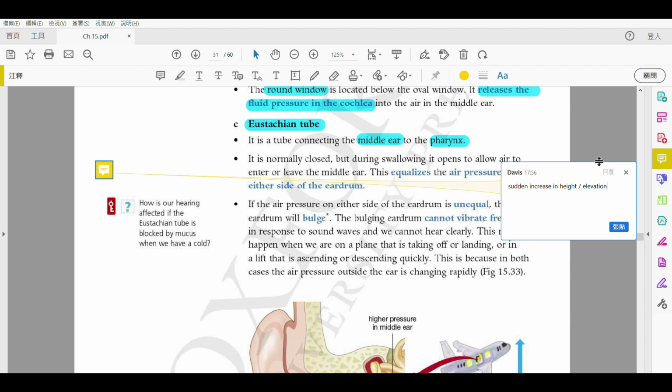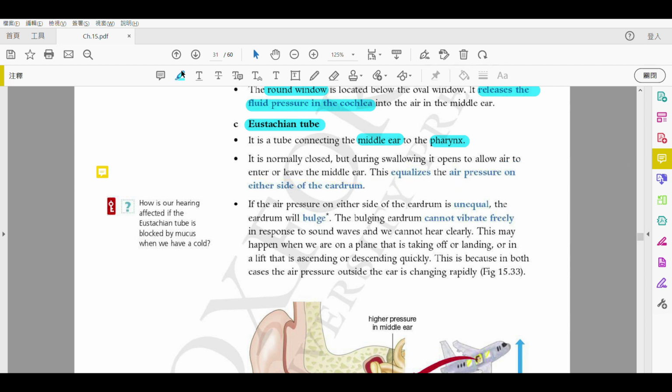So just like for example, you go up 60 floor suddenly with a lift. Okay? Or you go up the airplane. Alright? So what will you do? Some people will feel painful to their ears. Some people cannot hear very well. Okay? So therefore we swallow or we hold our breath and try to push the air out. 我哋會閉氣啦，然後甚至推啖氣出嚟啦，或者可能會吞口水啦。